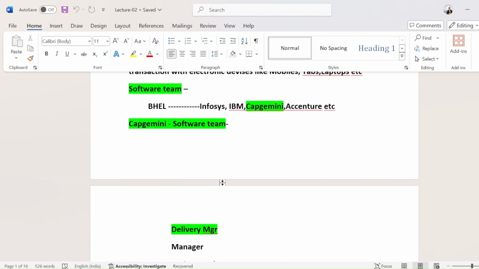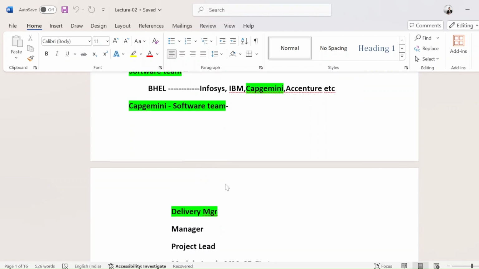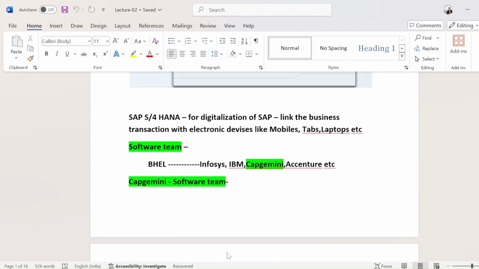So that's the client. And the end user and consultant: the end user is just doing their day-to-day repeated tasks, but consultants are doing customization if they are doing E2E implementation. A support project is also there, a rollout project is also there. I'm going to discuss that also. But here, do you have some basic idea who is the end user and who is the consultant? Yes or no?